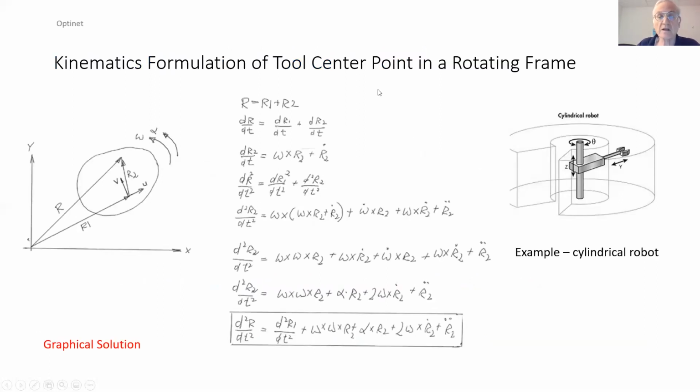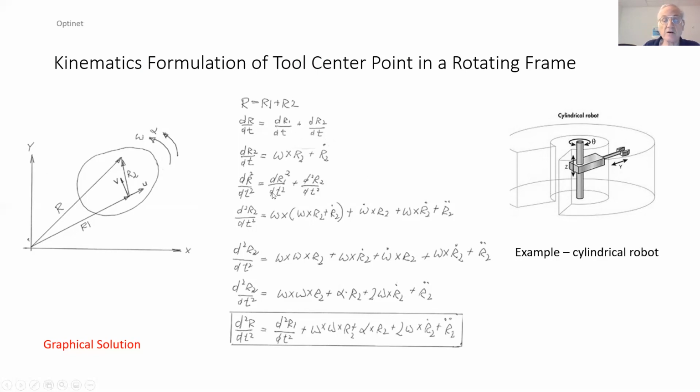When we do it in a simpler formulation, such as this particular mechanism, we could write equations of motion pretty much mathematically, and come up with the final vector equation that says that the total acceleration at the tip of this mechanism equals the acceleration of the base, whatever this base is, if it's perhaps moving, plus the centrifugal acceleration, which is omega cross omega cross r, plus the tangential acceleration, which is alpha, the angular acceleration, cross the radius vector, plus the Coriolis, which is 2 omega cross the relative linear velocity, plus the relative acceleration of this point with respect to the rotating system.